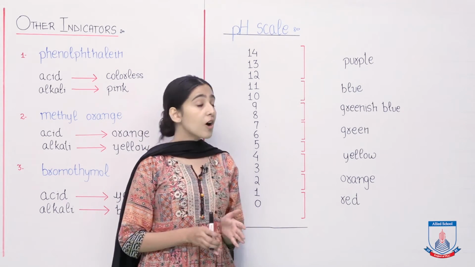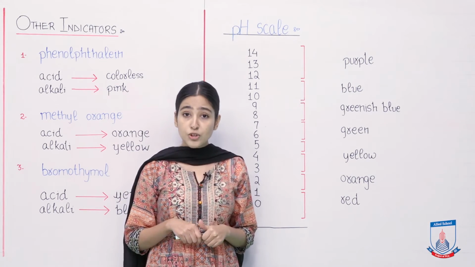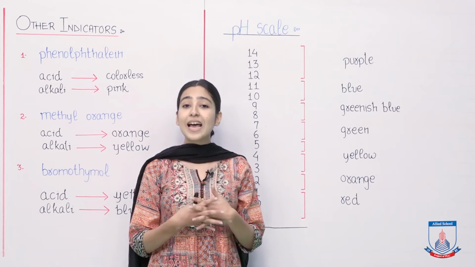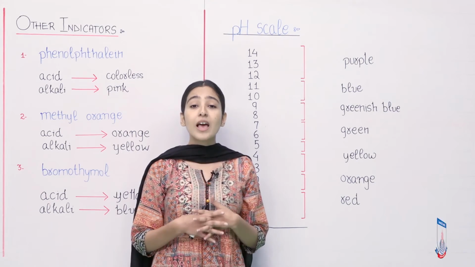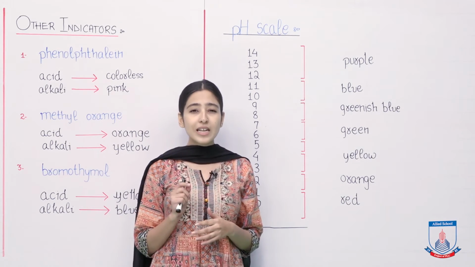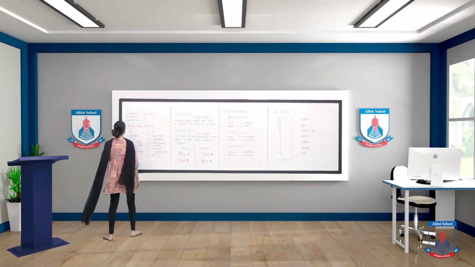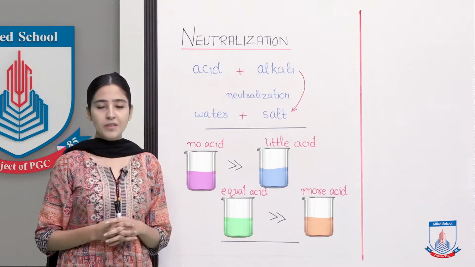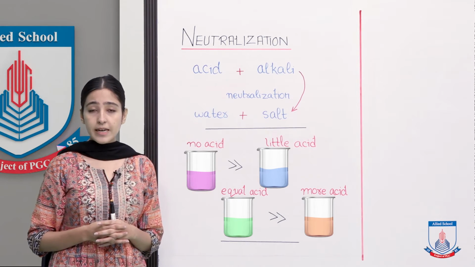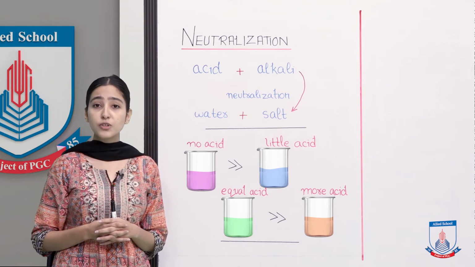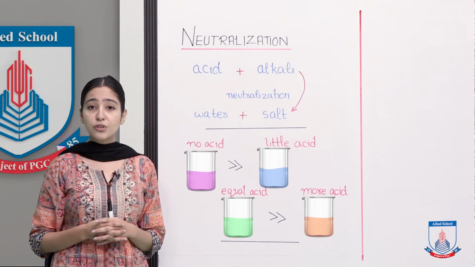This is it for acids and bases. We have studied that both these substances, solutions, are opposite of each other and they cancel each other's effect. This process is called the process of neutralization. Let us go and study this process in a little bit of detail. So, we will be discussing the process of neutralization. We already said that acid and base, when combined together, cancel out the effect of each other. And this process is called neutralization.